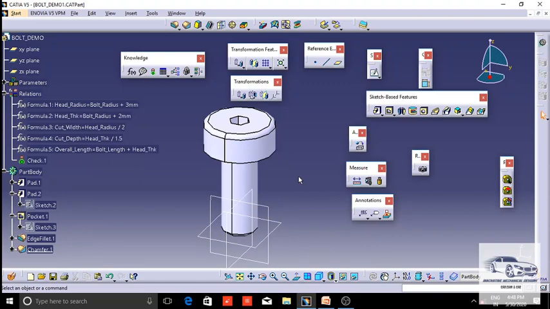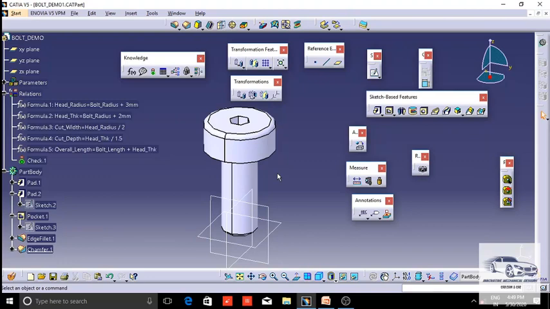Now let us see, for example, if I want to create a family of bolts having different diameters, like the initial diameter is 3 mm. So let us say I want a family of bolts having diameter 6 mm, 9 mm, and so on.